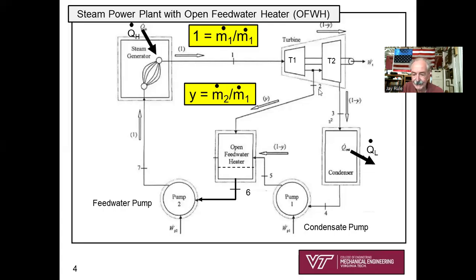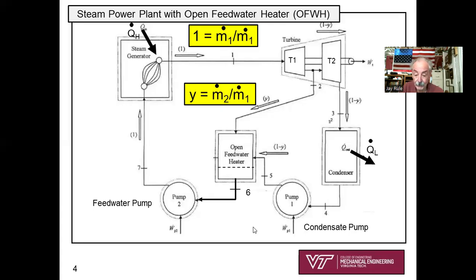So you're going to figure out exactly the amount of steam that is needed to heat up this water that's being pumped from the condenser into the open feed water heater at P2 to exactly obtain saturated liquid, leaving the open heater at state 6. So the reason you need pump 1, in addition to the original feed water heater, is you've got to get the liquid pumped up to a higher pressure from state 4, condenser outlet,